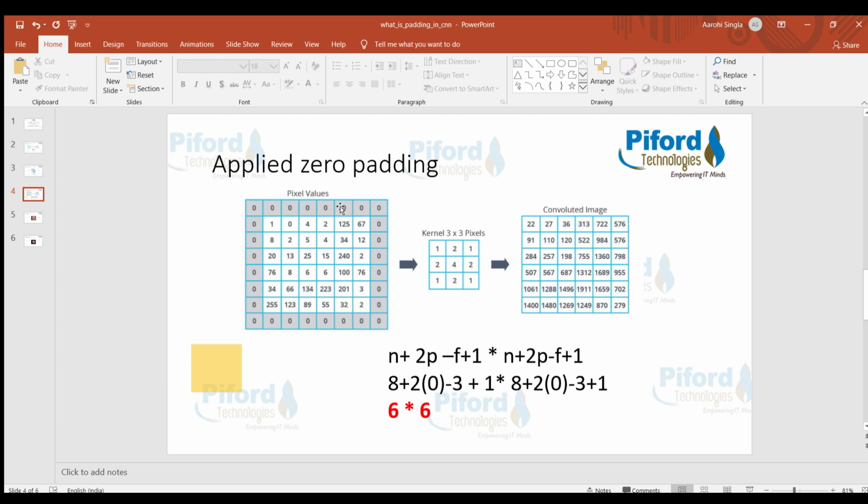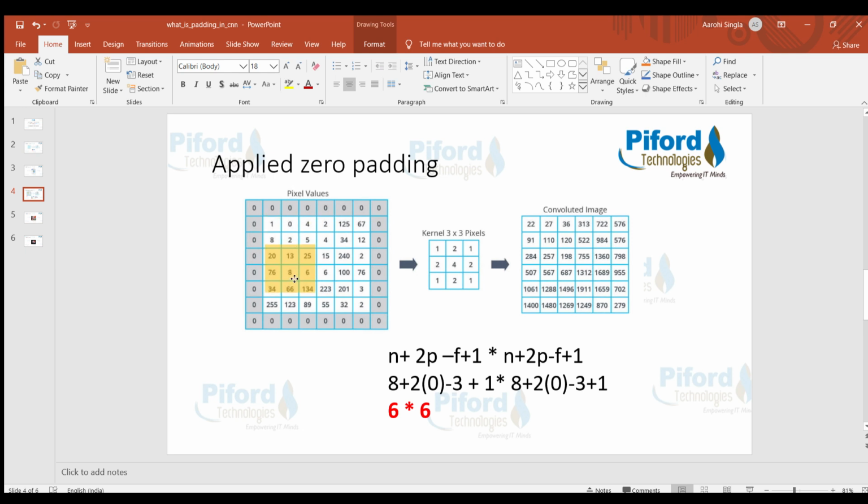Once you apply this zero padding on the sides, we apply the 3 by 3 filter. Let me show you the very first pixel of the image. This pixel is getting covered here, and when you slide it, it is again getting covered here. In the same way, when you come downwards, that pixel is again getting covered.